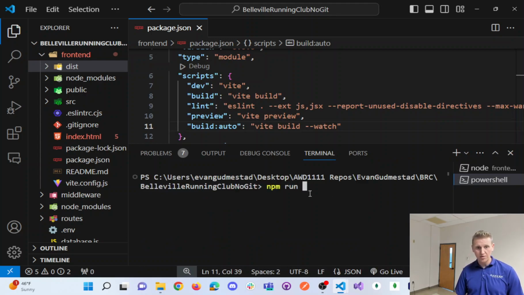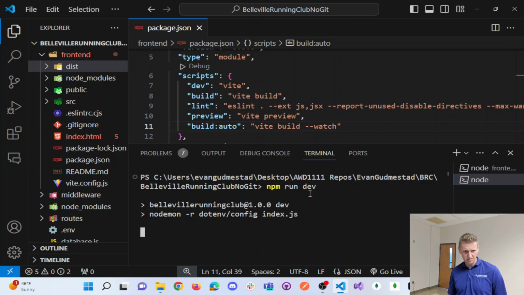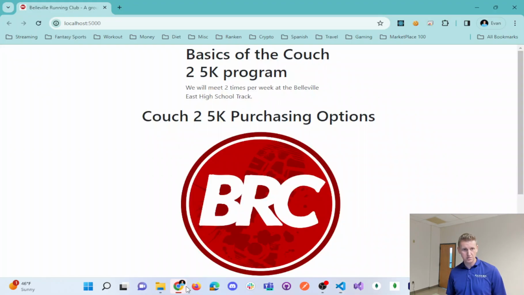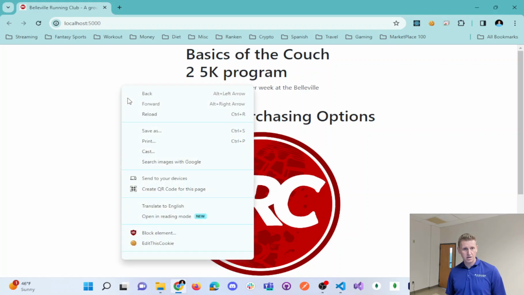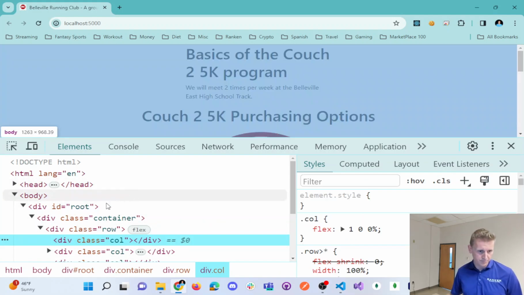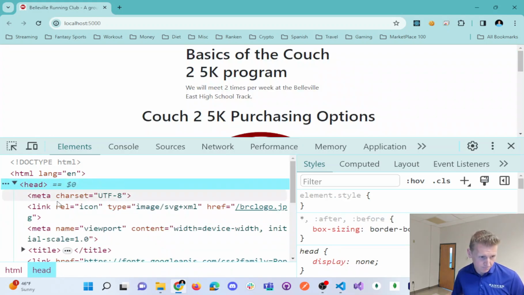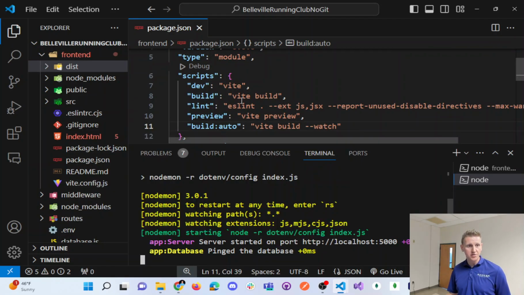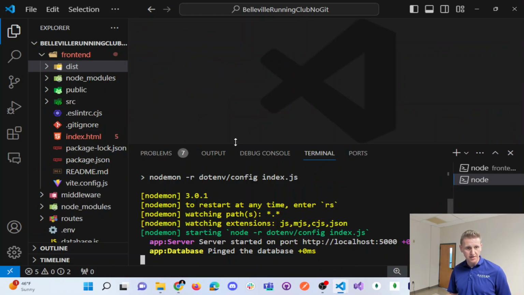And npm run dev on the back end. If I open up localhost, and if I inspect, we now have our Google font. Okay, cool. And so what this allows me to do is, as I make changes to my front end,